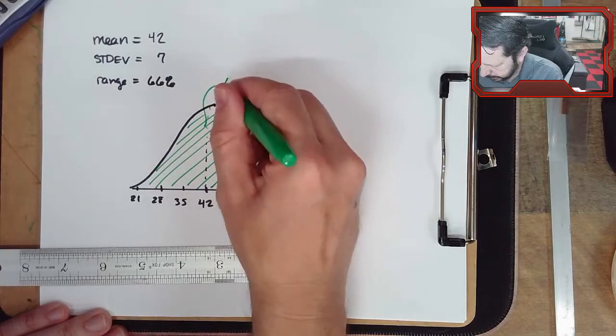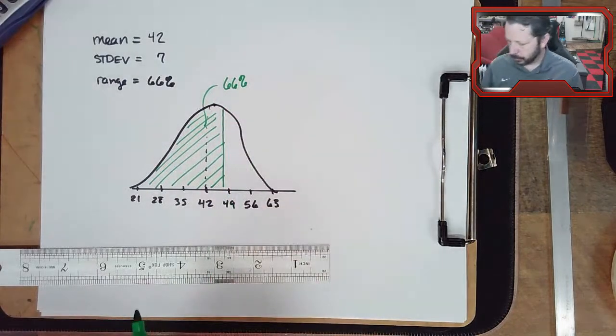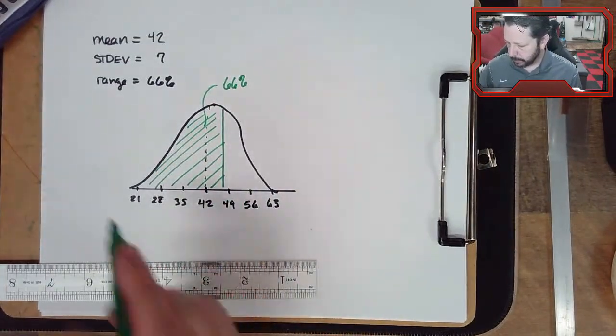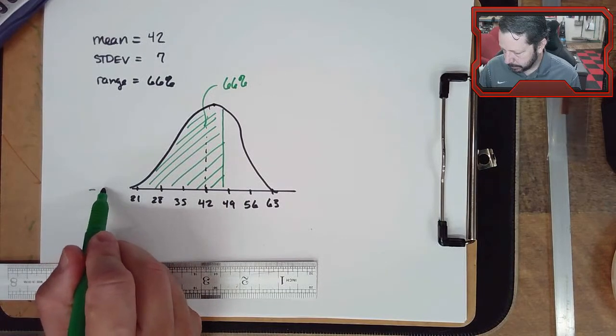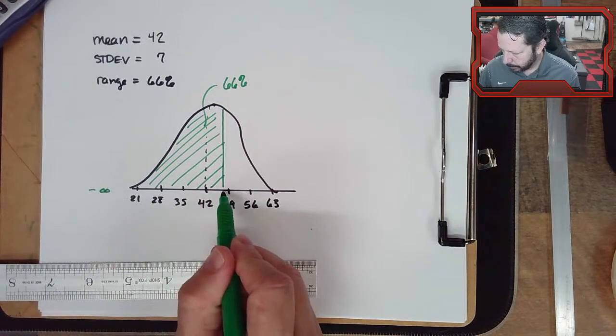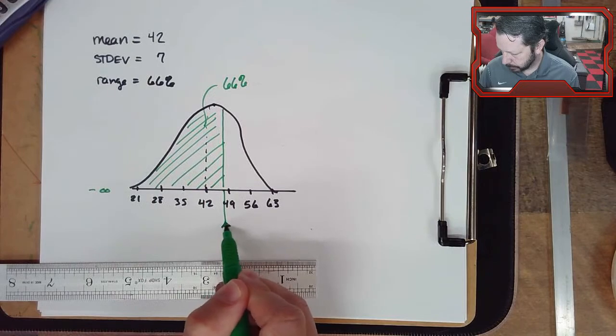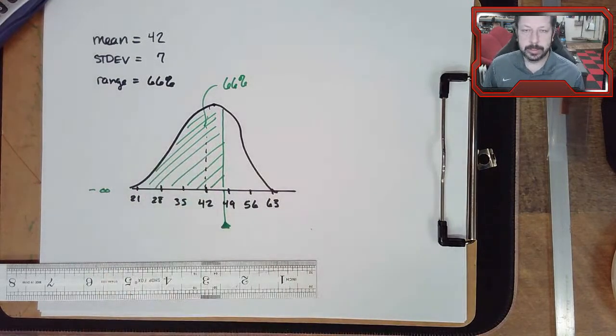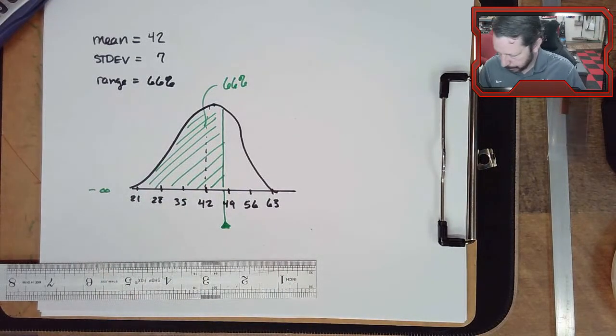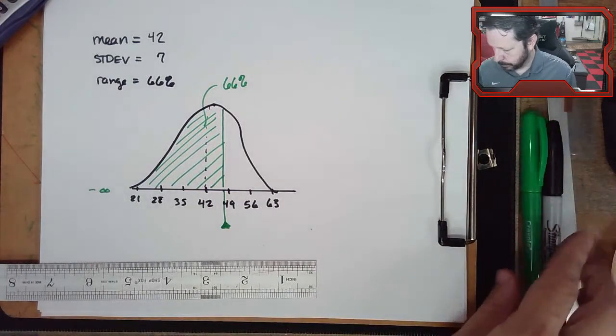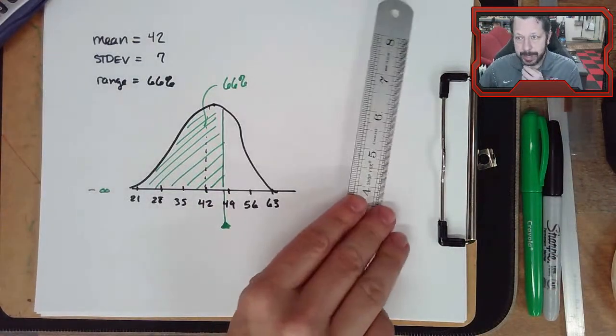So let's say that that's 66%. So what I want to know is from negative infinity to what number here is 66% of the data. That's what I want to know. All right. So if we were doing this by hand,